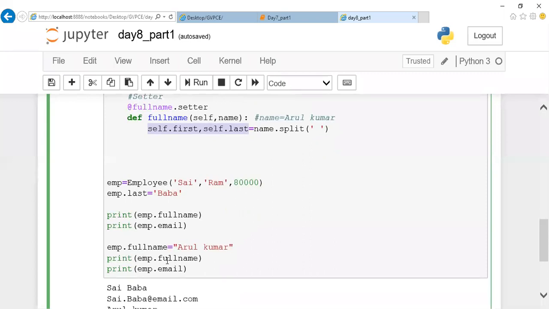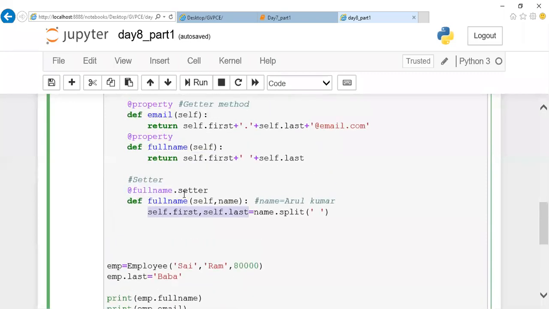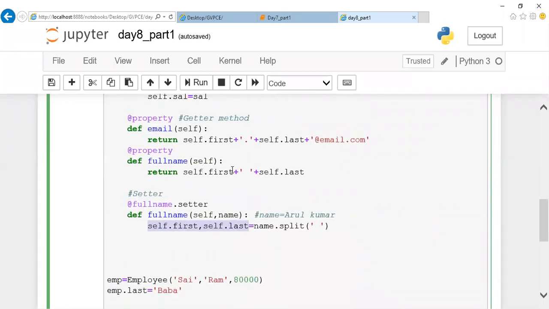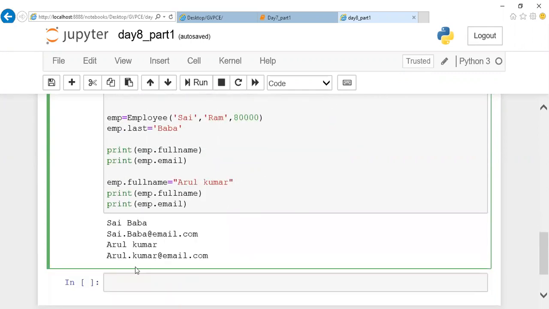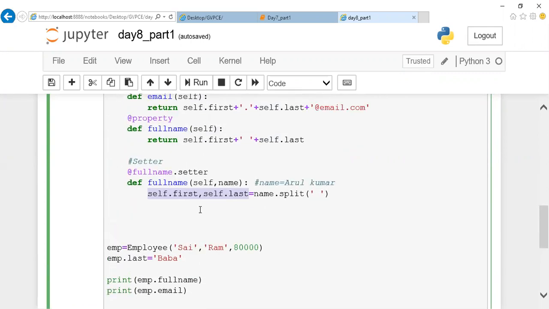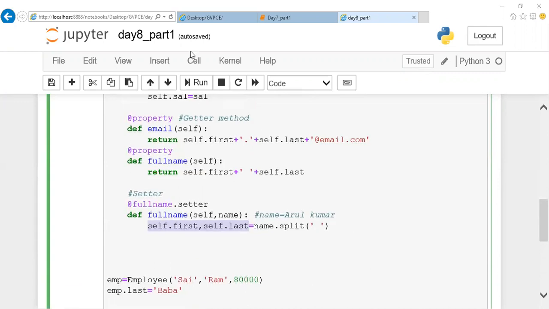And after this, when I call emp dot full name, this particular full name will be formed based on Arul Kumar only. And after this, I'm trying to fetch emp dot email. Email will be formed based on the string Arul Kumar. So this is all about the setter property, setting a value for a variable.